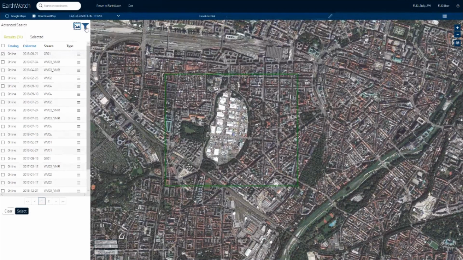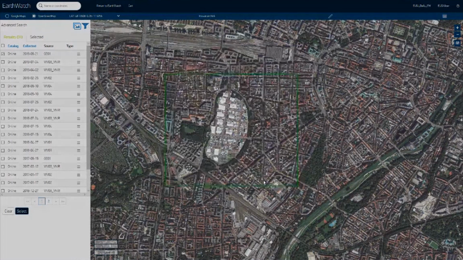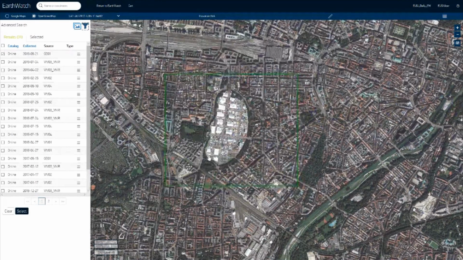And you also can apply the usual filters Arnaud has shown before. And let's say you have a bigger AOI, you can also choose several of those scenes, select them, and from those selected scenes, you then can create a mashup from down here.